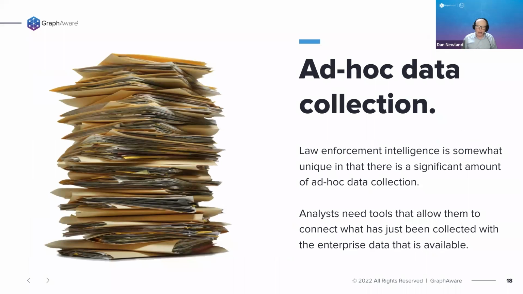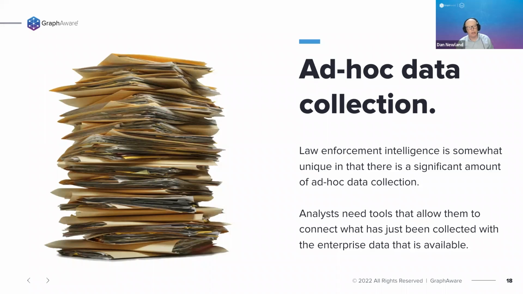The next example is ad hoc data collection. The example I use here is a story from a law enforcement agency that I was speaking with recently. They were working on a particular homicide case of interest, and they found a shoe print at a crime scene. They gave that to their forensics team, and the forensics team were able to isolate it to a particular brand of shoe, which was then found to only be sold at a particular store in a particular location. So all of a sudden, intelligence analysts and investigators were trawling through the customer receipt records for a particular store